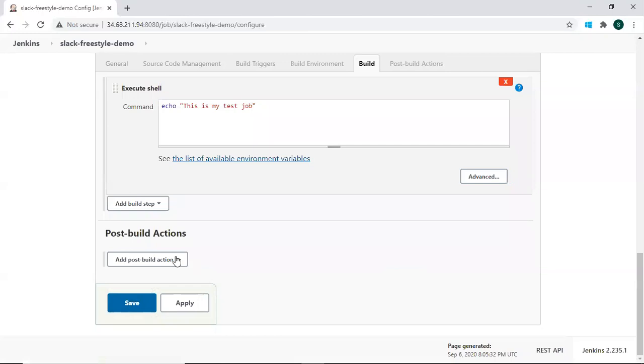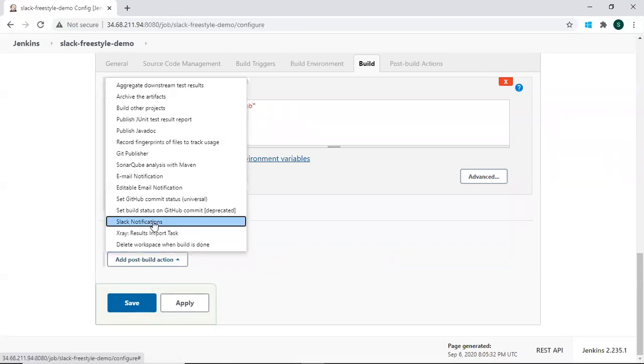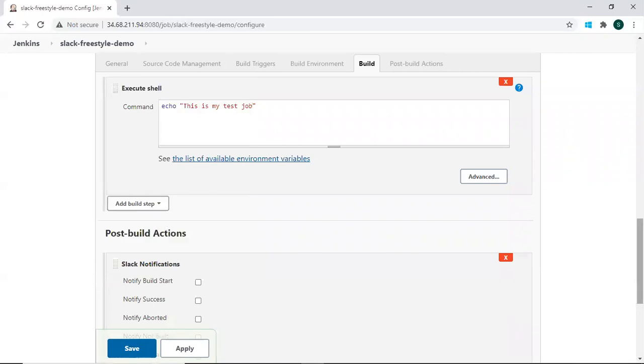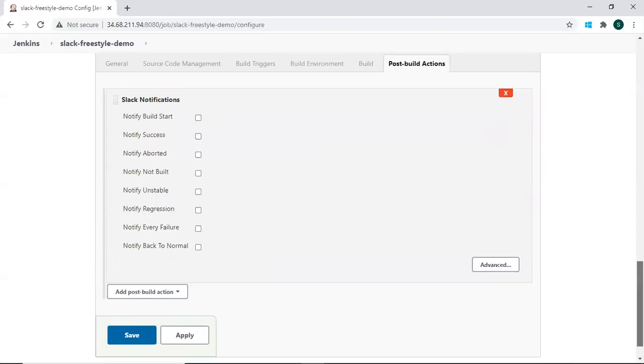And in the post build action, you will see the Slack notification has come up. Now you have to choose what you want to send to the Slack. Notify build start, yes. Notify success, notify aborted, not build unstable, regression, every failure. You can choose whatever you want.